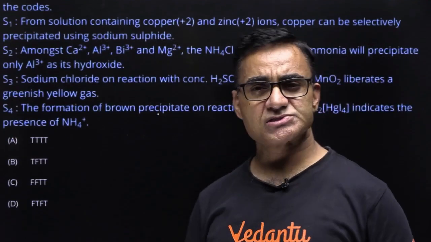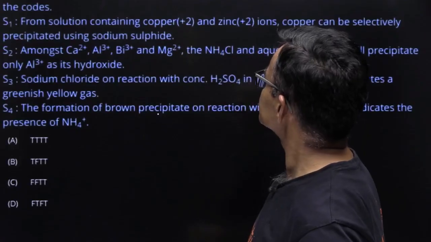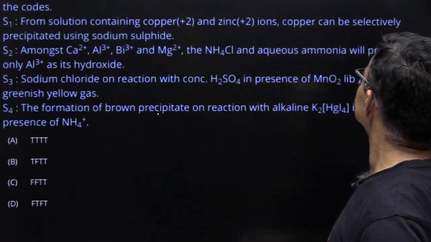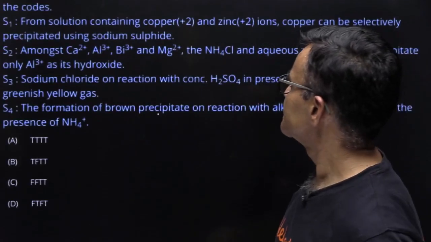ये क्वेश्चन बेसिकली क्वालिटेटिव एनालिसिस पे बेस्ड है, आपको 4 स्टेटमेंट दिए हैं, आपको फाइंड आउट करना है कि कौन सा स्टेटमेंट करेक्ट है, राइट। Consider the following statement arranged in the order of true false. All right, S1,